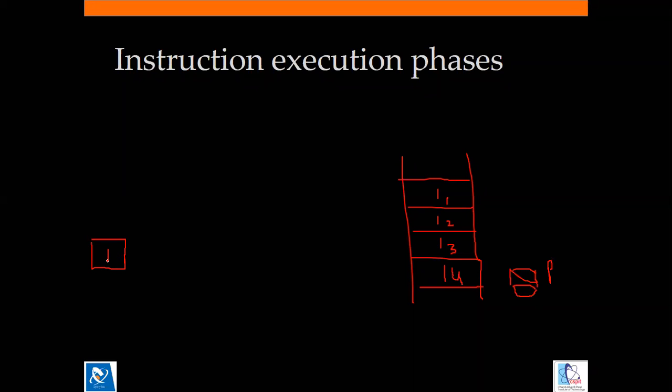Okay, so to run the program, the processor requires fetching the instruction from a particular location. So what will the processor do? The processor has one specific register known as the program counter register. Consider this is the program counter register. This program counter register would have the address of the next instruction which is going to be executed